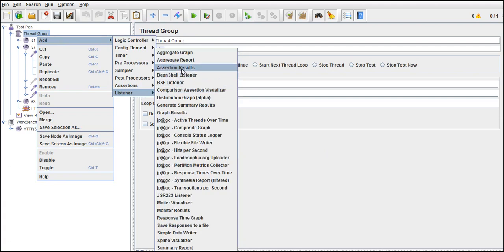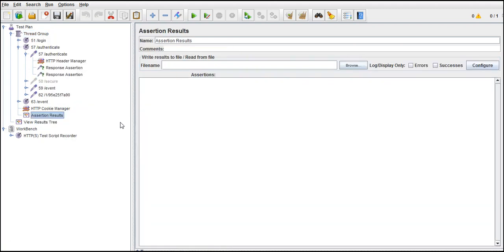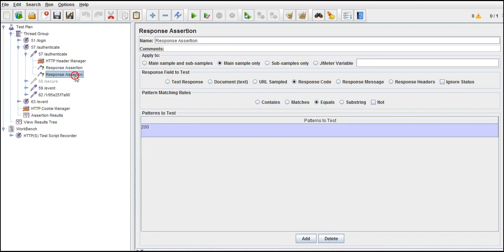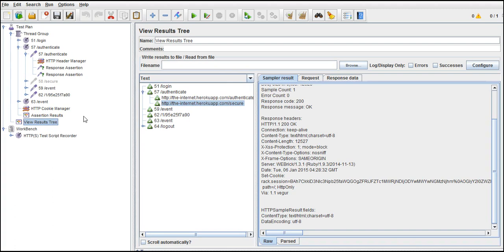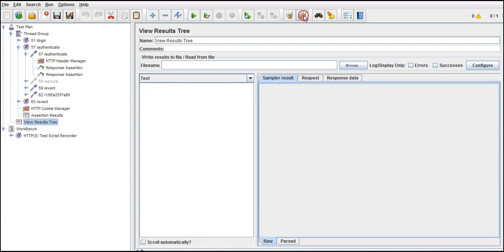It gives the results about assertions. Assertion results, right? Here you can see the information about it. Now we have added these two. Earlier we were doing it manually. Right now we can do it with the help of assertions. Let's run this.